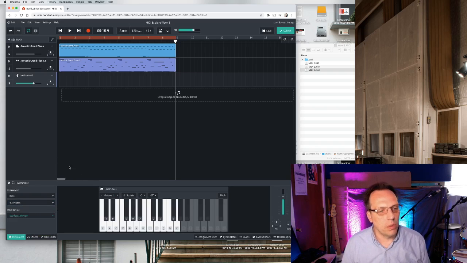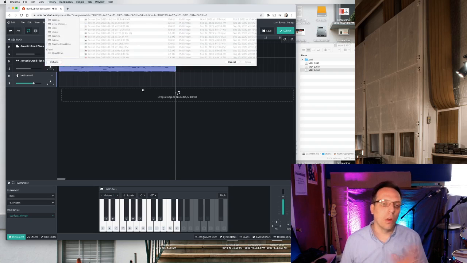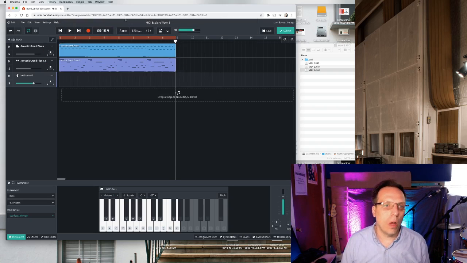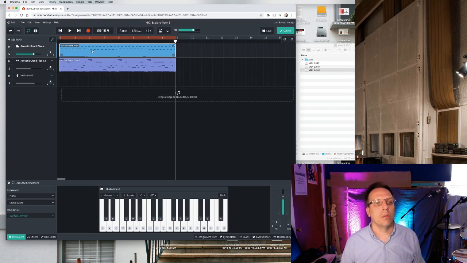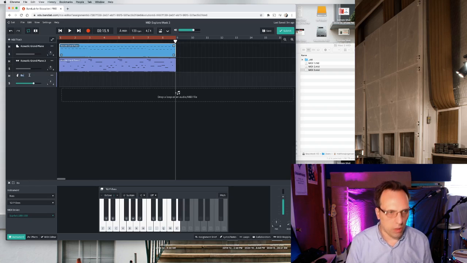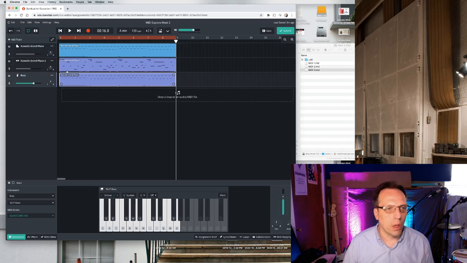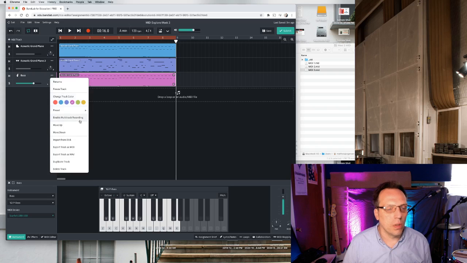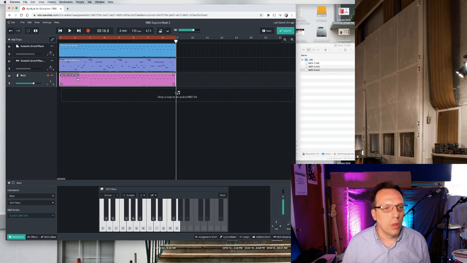My trusty 1962 P bass loads up. So I have this MIDI region right here. I'm going to copy this. I'm going to select, let's label this bass. Let's paste it down there. Okay. So I now have all of this, which